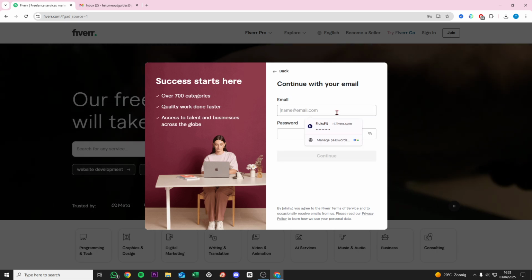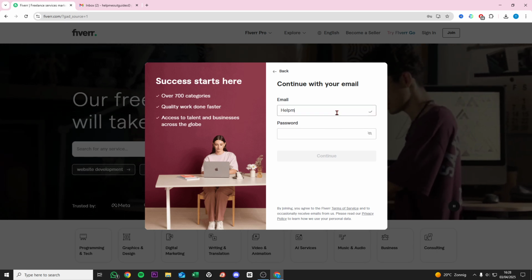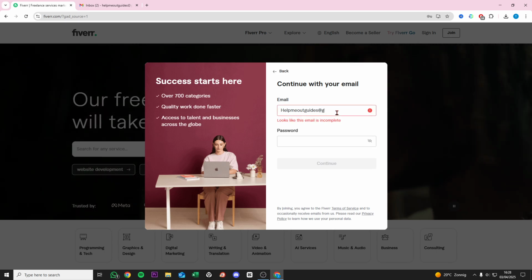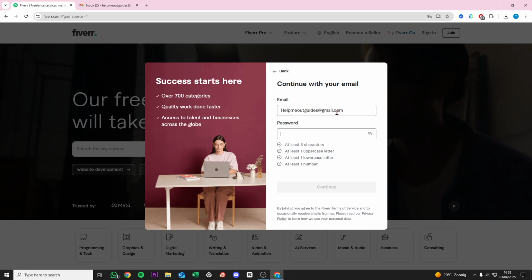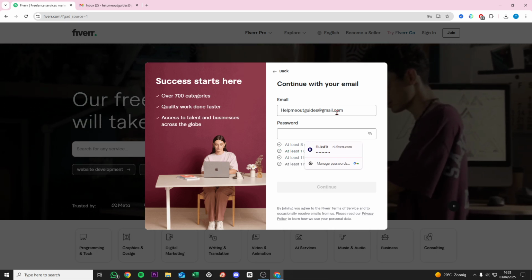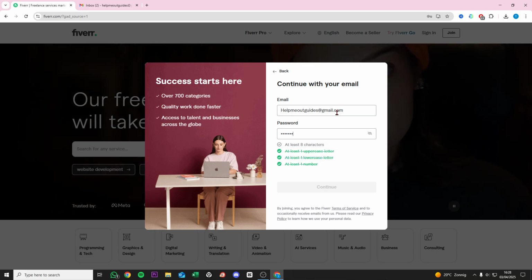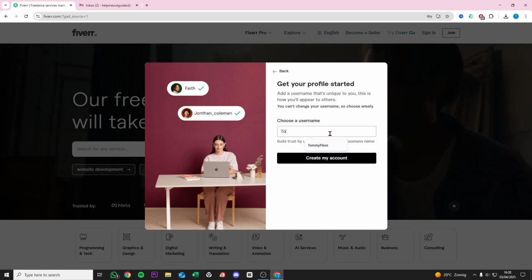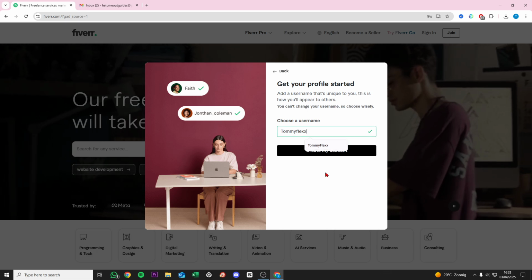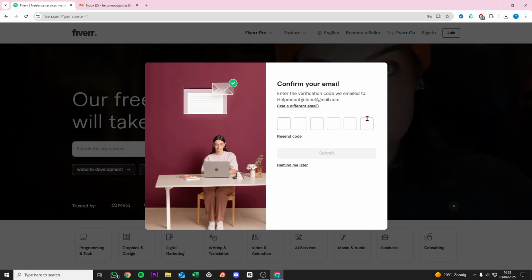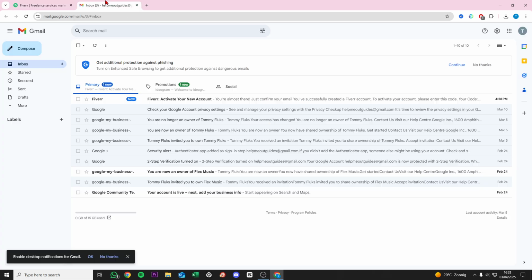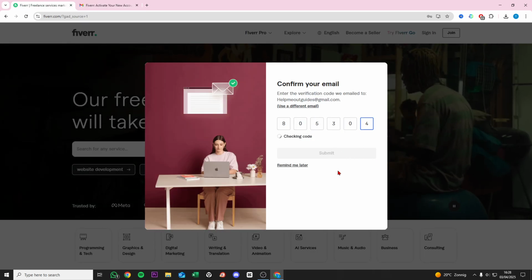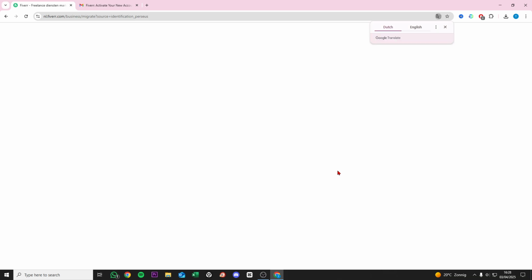So we click on continue with email. Then I fill in my email just right here. And a password. Alright, then we do continue, then we do a username, something like this, create my account, then they send a confirmation code to our email, there it is, this is the confirmation code, let's go, and right now, he is logging in,